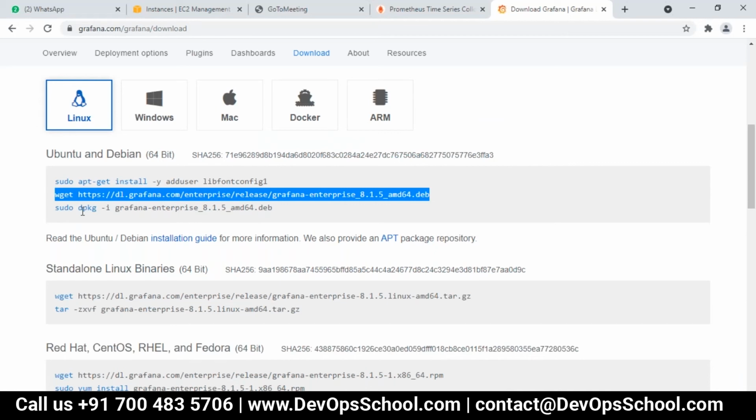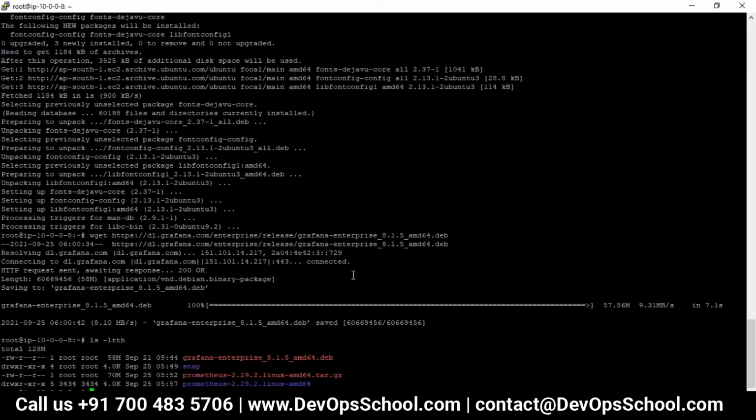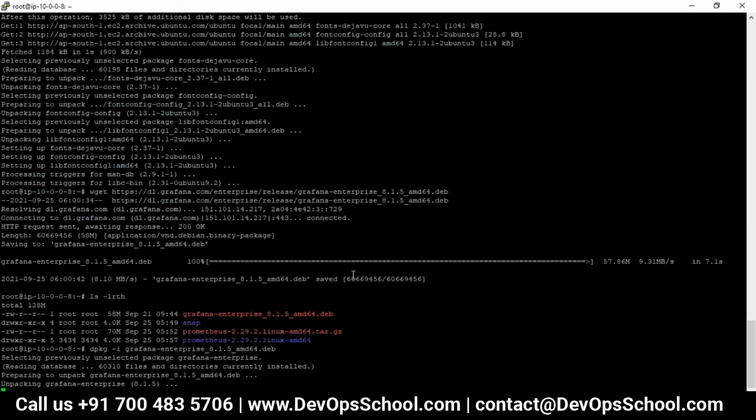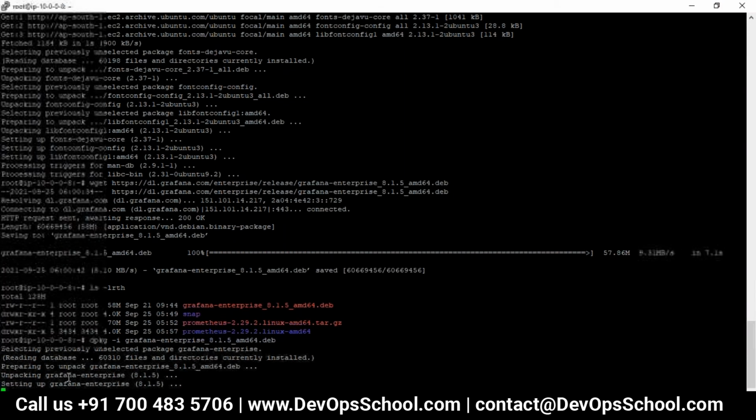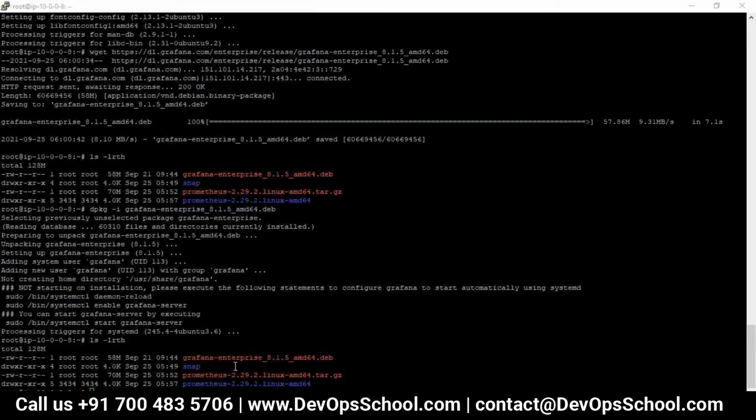In order to install a .deb package, we use the command dpkg -i, then the package name. It will unpack the package. Can you see? Preparing to unpack this Debian package.